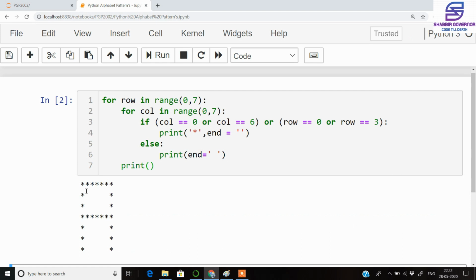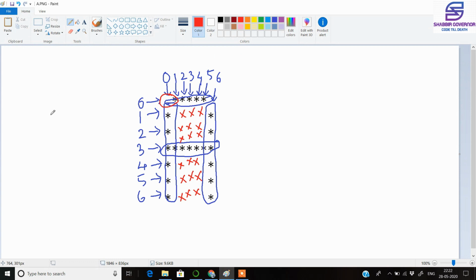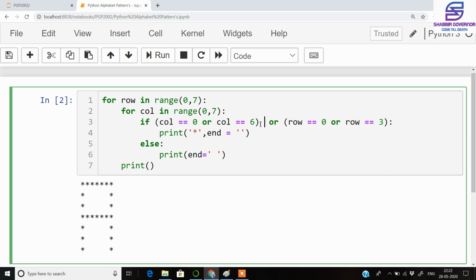So we are getting an A pattern in such a manner, but as you saw here in the pattern we have a blank space at this location where the column is 0 as well as the row is also 0, and we have a blank space at this position where the row is 0 and the column is 6. So for these two positions we need to put an extra condition for specifically only these two stars. So we will write and the row is not equal to 0, and we complete this thing with a bracket.